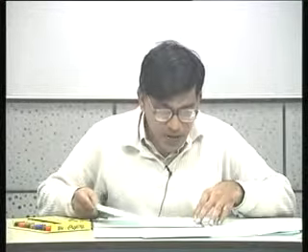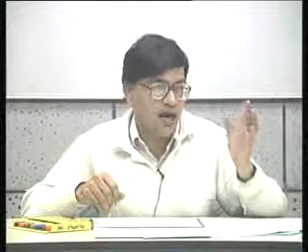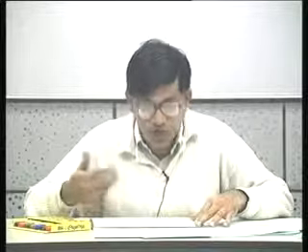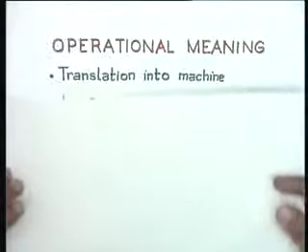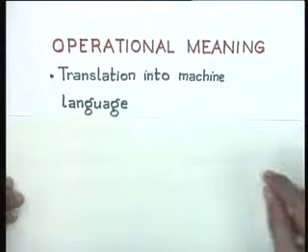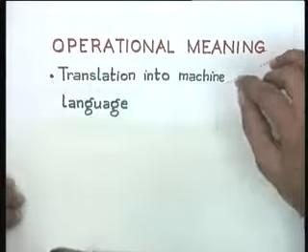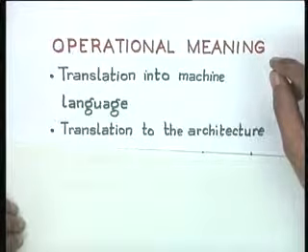So we will be primarily concerned with operational semantics, and that is the implementer's viewpoint from a given broad understanding, let's say an informal understanding of what function the construct represents. So for each construct we will give an operational meaning. However, we do not want to give any kind of meaning which is machine specific or architecture specific, okay,